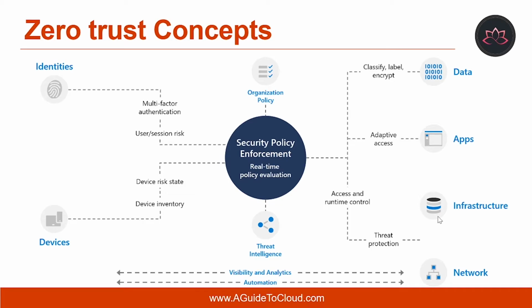The next component is infrastructure. You need to use telemetry to detect attacks and anomalies and automatically block and flag risk behavior and employ least privileged access principles. The last one is network. Please ensure devices and users aren't trusted just because they are on an internal network. Encrypt all internal communications, limit access by policy, and employ microsegmentation and real-time threat detection.